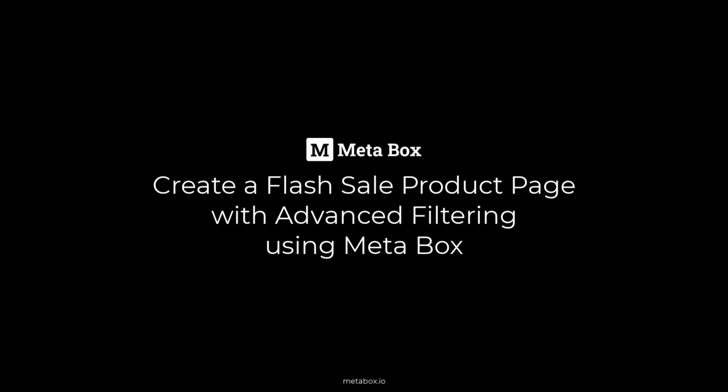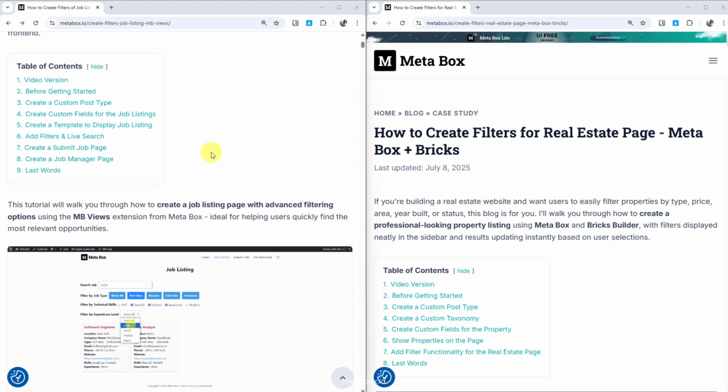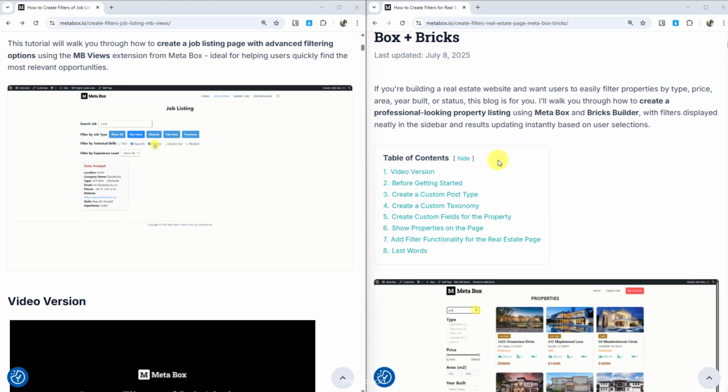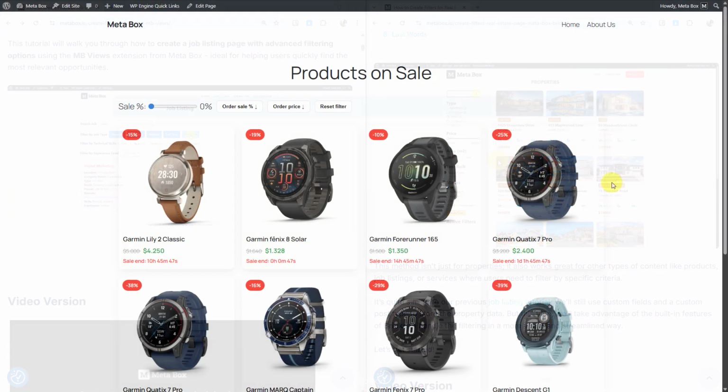In this video, we'll create a flash sale product page with advanced filtering using Metabox. If you followed our previous tutorials, you've probably seen many different ways to filter posts, by custom fields, taxonomy, or relationship fields. But those are usually separate cases. In this tutorial, we'll work on a different, more practical scenario by combining multiple filters on a single flash sale